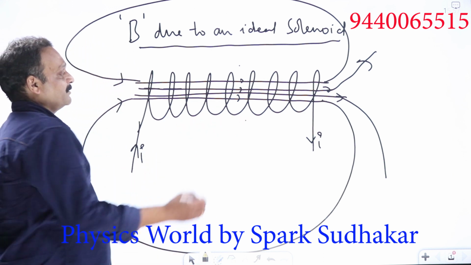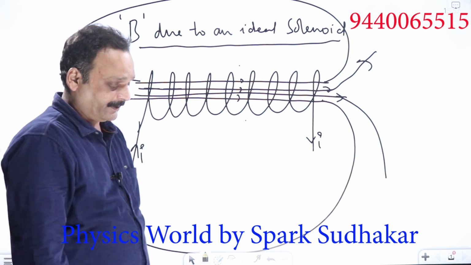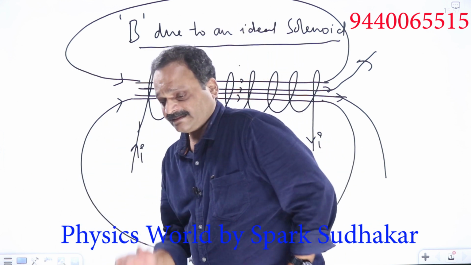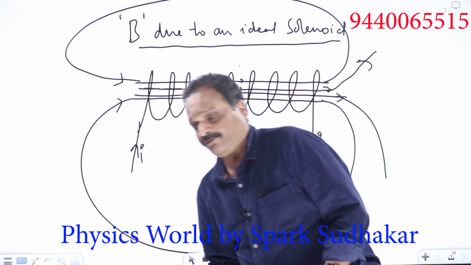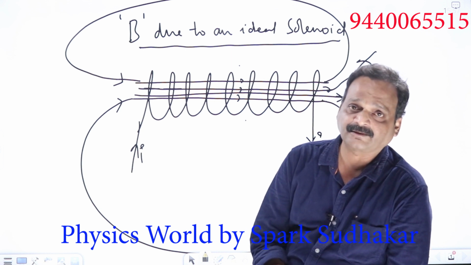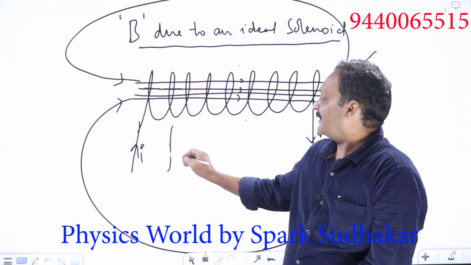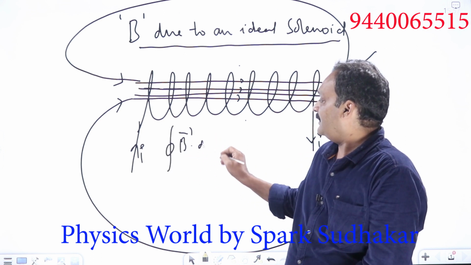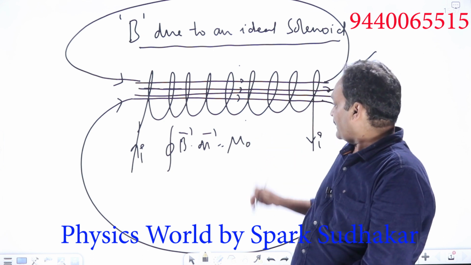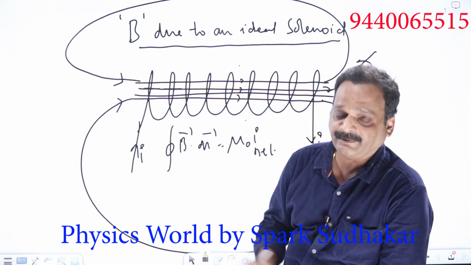Now our aim is to find out the magnetic field inside the solenoid, which is almost uniform. For this we use Ampere's circuital law. I told you, whenever there is a specific relation between the magnetic field and the current, there are some symmetry aspects. Ampere's law gives us the B value in the quickest possible manner. Now what is Ampere's circuital law? The closed loop integral of B bar dot dl bar is equal to mu naught times the net current I enclosed by the path. This is the statement of Ampere's law.